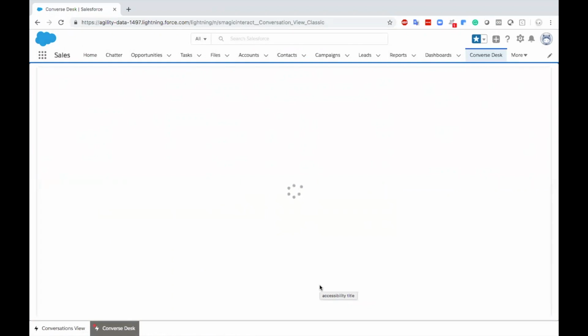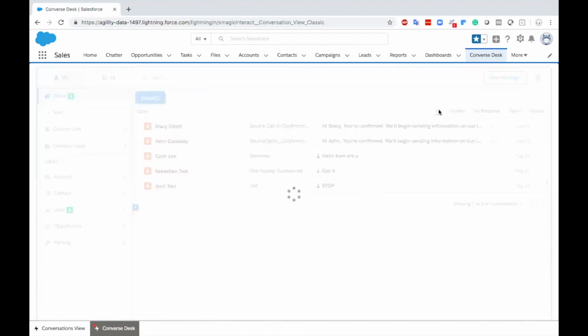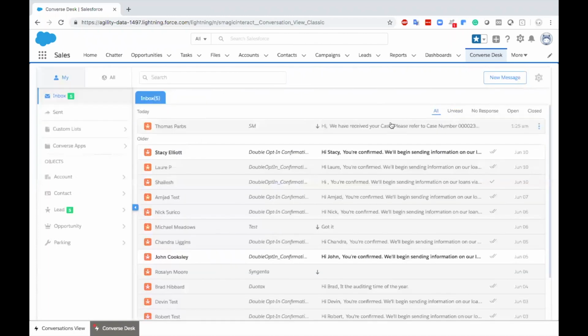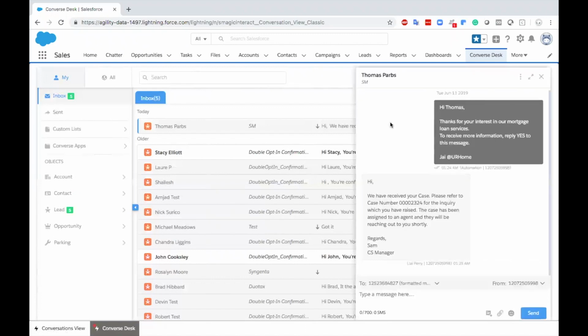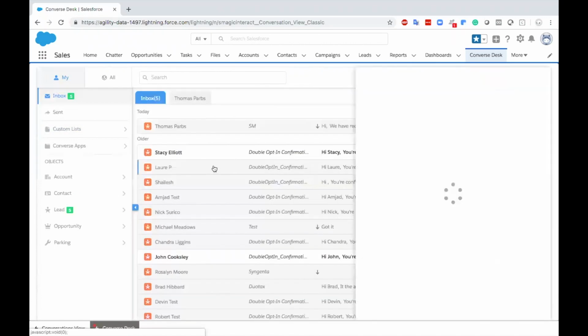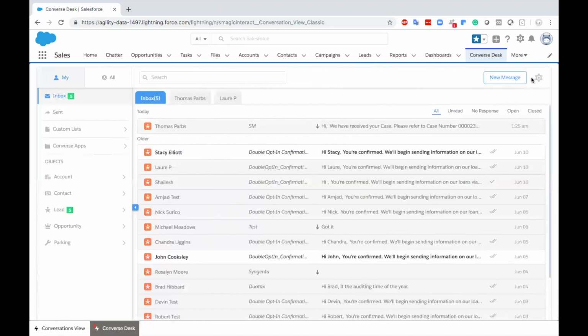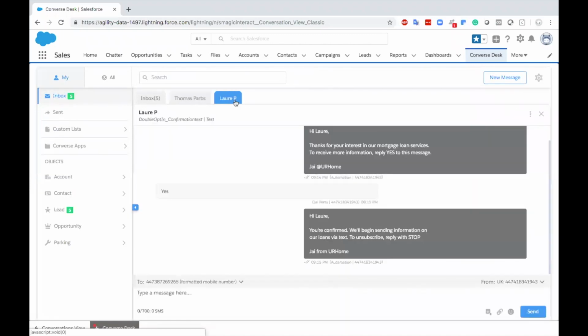This particular inbox, what we call the Converge Desk. Now, Converge Desk is a multi-utility inbox. It will allow you to manage and monitor all of your conversations from one place. You have the ability to have simultaneous interactions as well. So in case I want to talk to multiple people, I have the option to pin these conversations, go to different conversations and talk to them as well. This way I can have multiple such conversations lined up, and I can simply shuffle between these tabs to have those simultaneous multiple interactions from here itself.